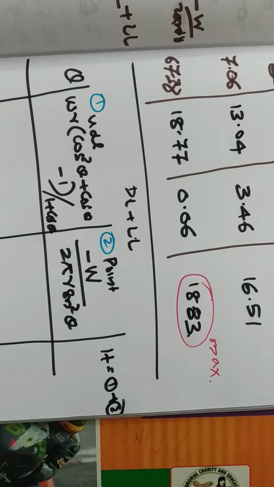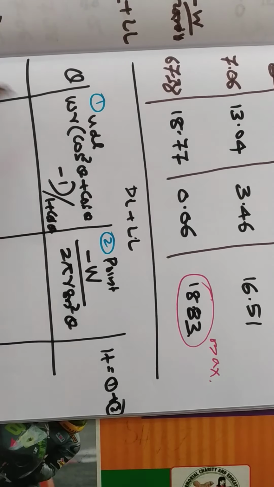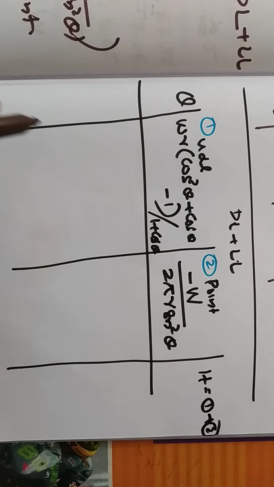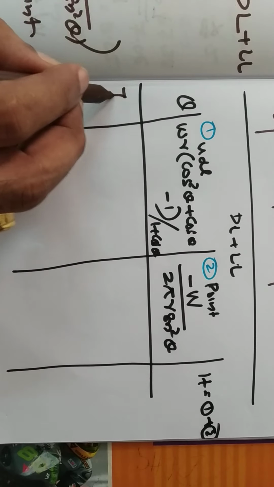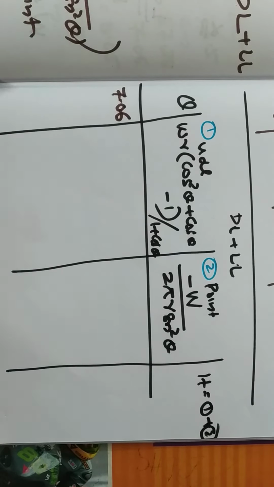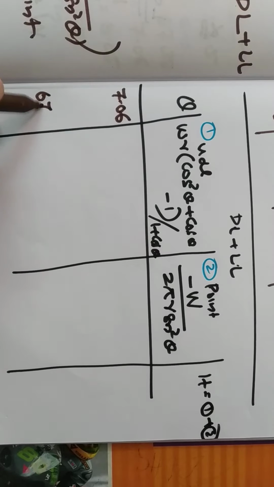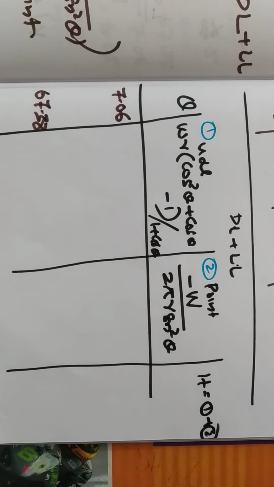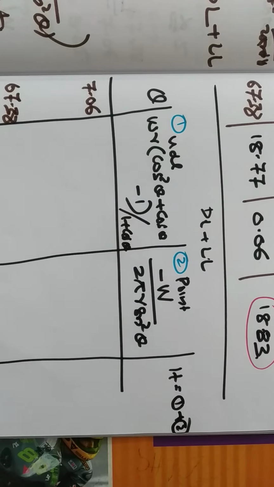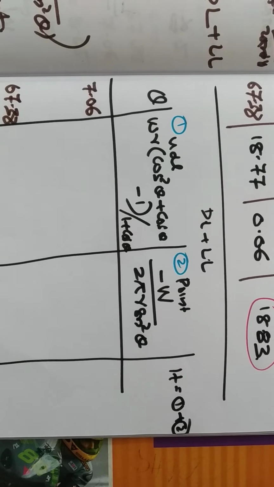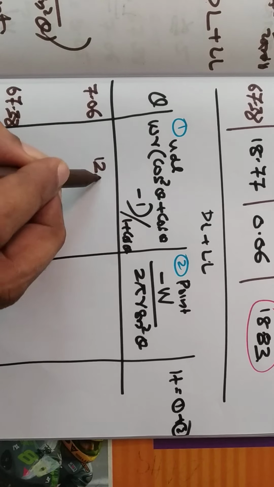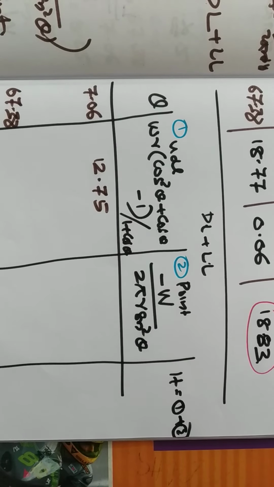If you add 1 plus 2, you will get that. So let us do it for the same. And theta is equal to 7.06 and 67.38. Okay, that is the maximum value. This is alpha. Okay. So the values are, with the point load it is coming 12.75 and